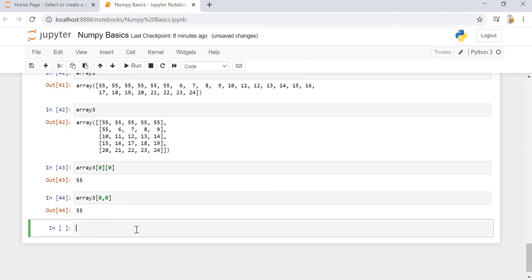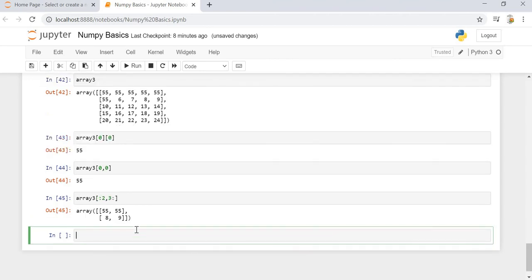We can also slice and get a chunk of a two-dimensional array using indexing, like in this way. Let's say we have array 3 of, so here it comes as 55, 55, 8 and 9. So how is it being derived? Let's break it down one by one.